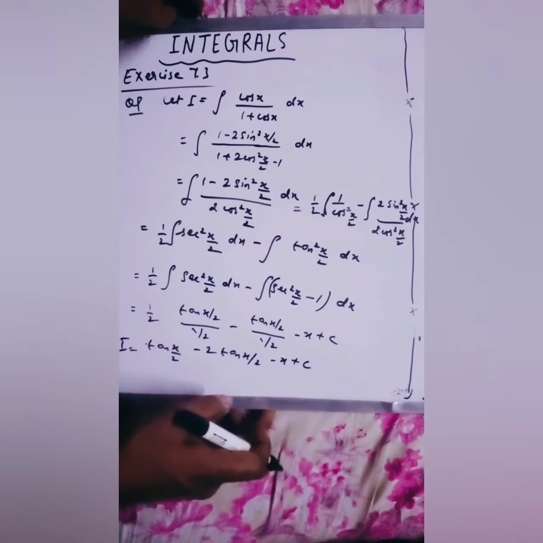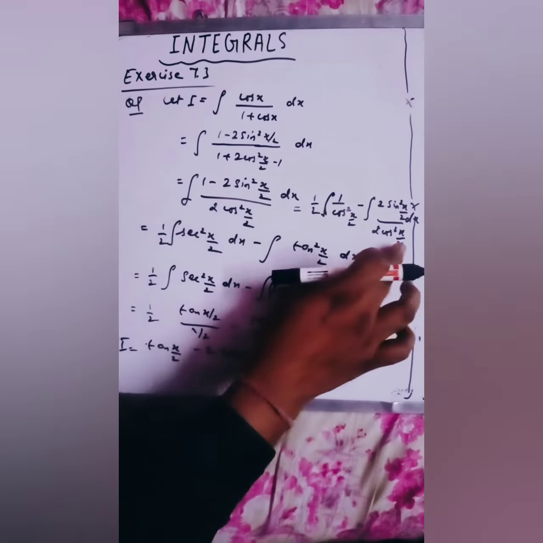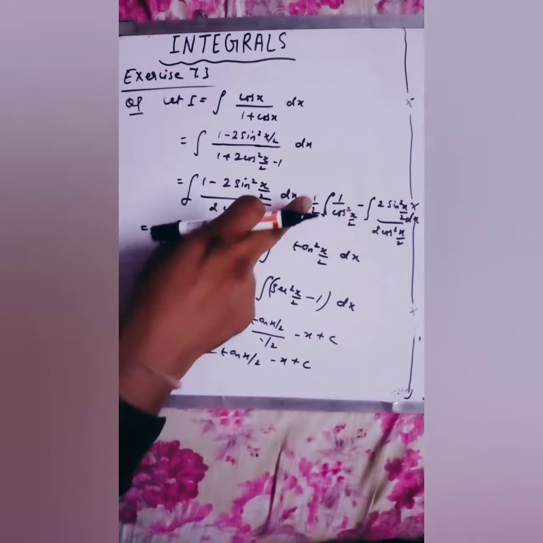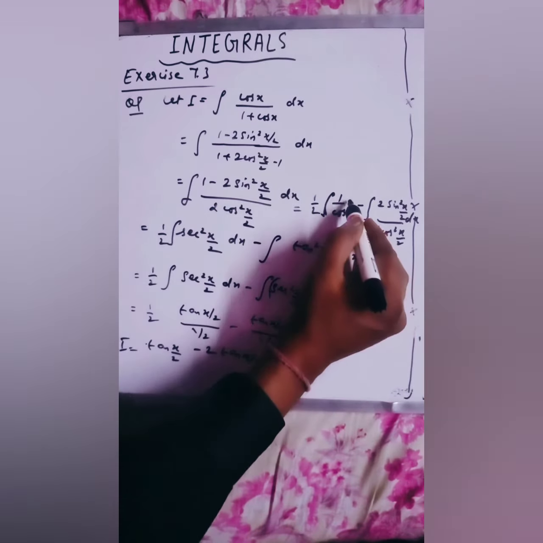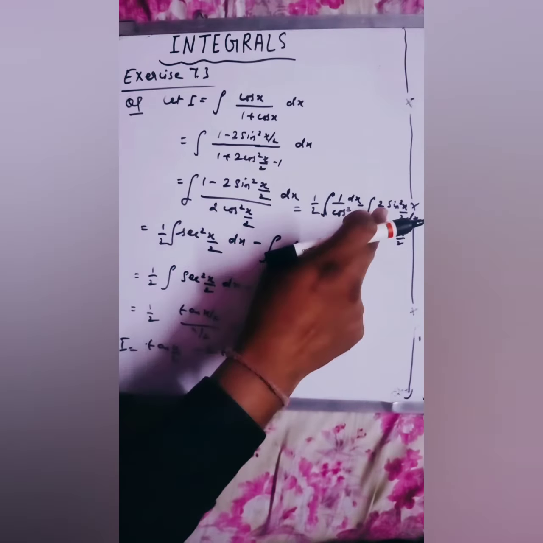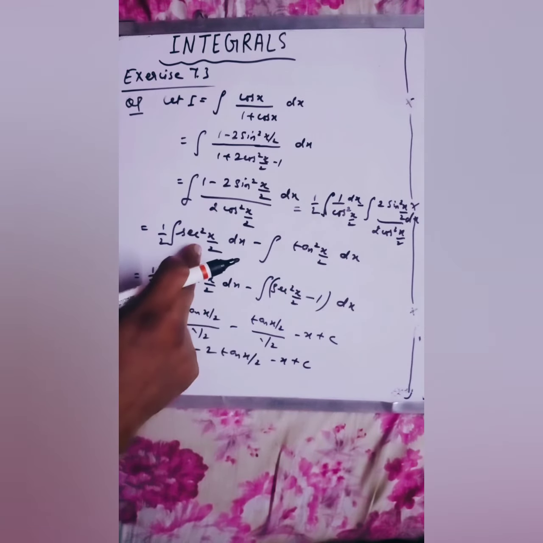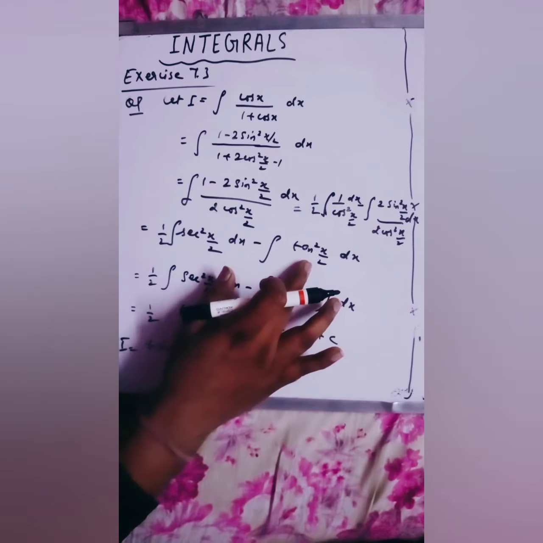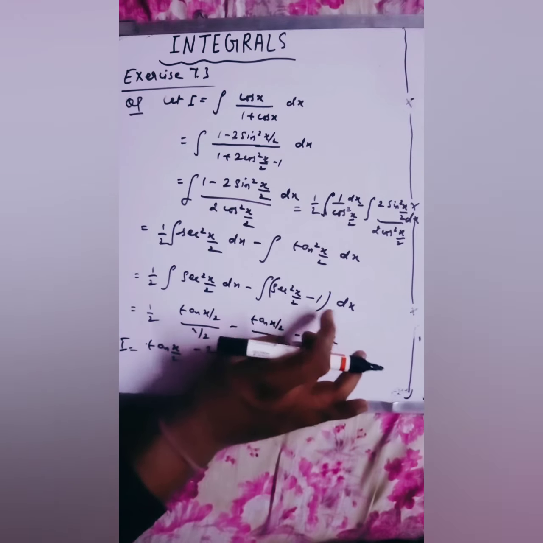See, you can see here 2 sin square x by 2 over 2 cos square x by 2. After this step you have to write this. This will be half, 1 by cos square can be written as sec square x by 2 into dx, minus the integral of tan square x by 2 into dx, where 2 and 2 will cancel out. This term you have to copy here, minus 1, and in place of tan square x by 2 I'm putting sec square x by 2 minus 1 into dx.